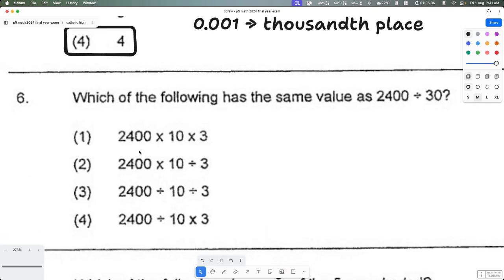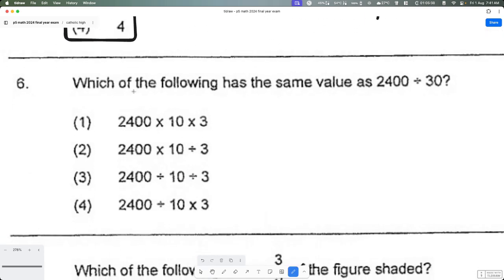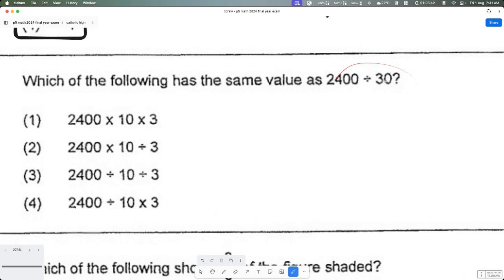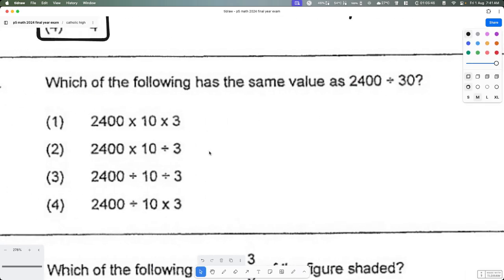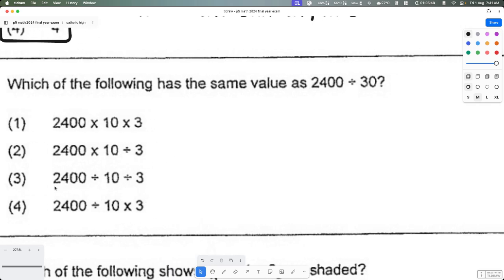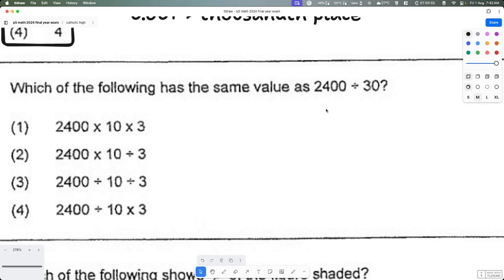Option 4, right? Okay, let's move on to question number 6. It says here, which of the following has the same value as 2400 divided by 3? Okay, so what we can do is, oh wow, there is a certain thing over here, right? 2400 divided by 10 divided by 3. Okay, so when it comes to divide, obviously,